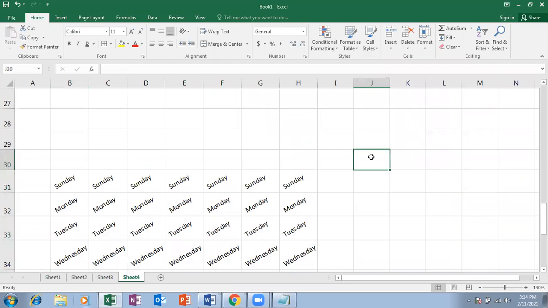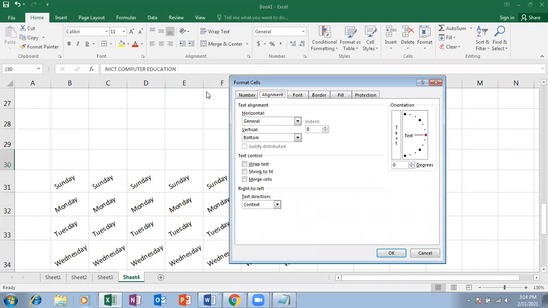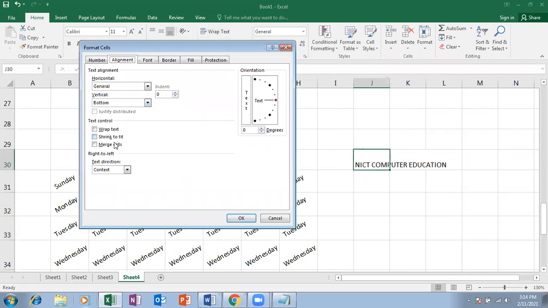So here, let me select one cell and enter the text. Click on that text orientation arrow mark, go for format cell alignment, and then can you see text controls?